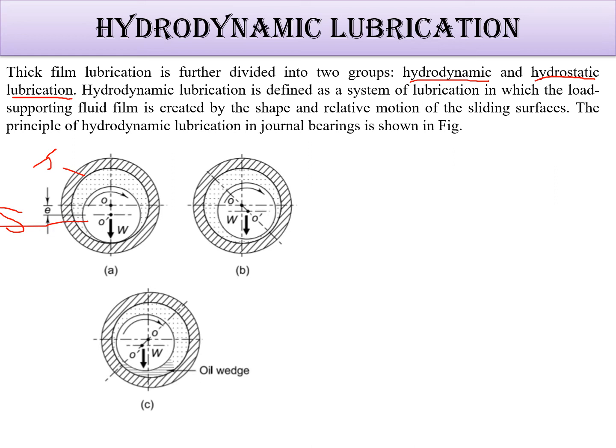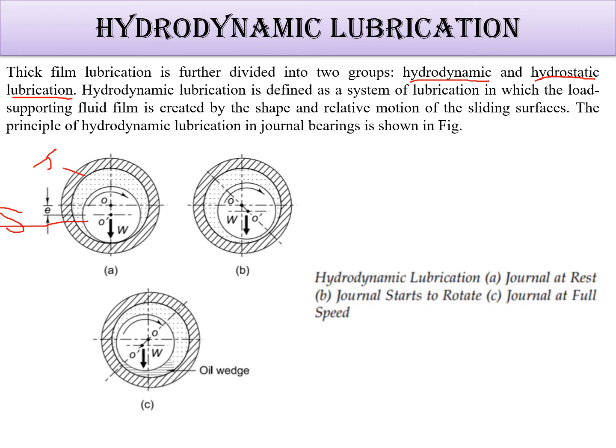Now the shaft started rotating. What will happen? This condition will arise. This is a wedge type of action. You can see here wedge action is creating here. Okay, this is small and this is bigger, so this wedge action is creating, and as the full load is there, this oil wedge is creating here also, and approximately a slight distance will be maintained between O and O dash. So this is the hydrodynamic lubrication. This is how it works.